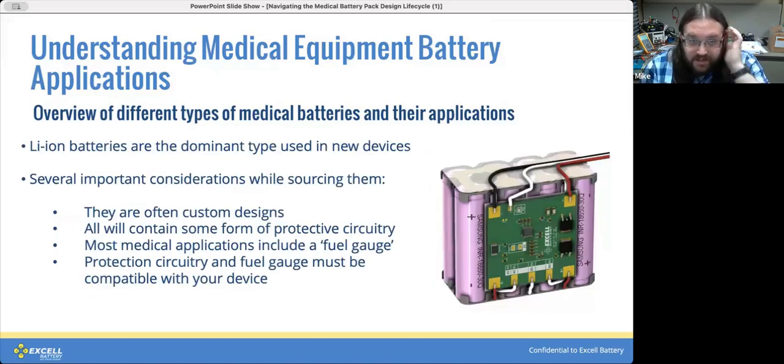So as we discussed, lithium ion by far the most dominant type. A few things about lithium ion batteries that do need to be considered while sourcing them. They're often custom designed to fit the exact needs of your product. They will all contain some form of protective circuitry, which is needed to keep the lithium ion cells within their